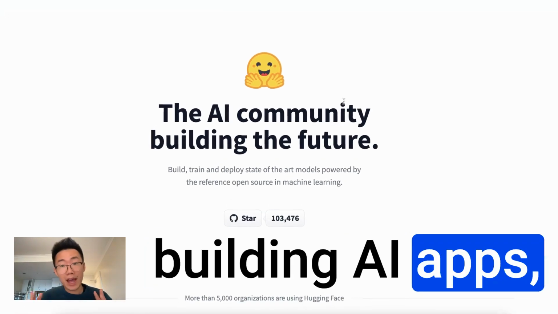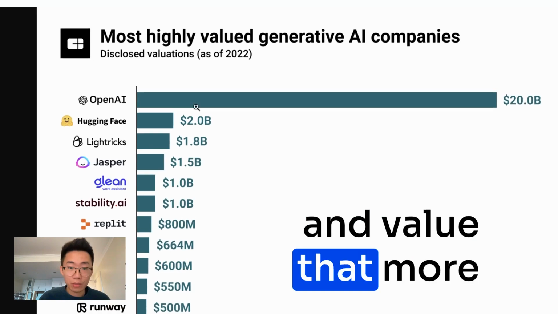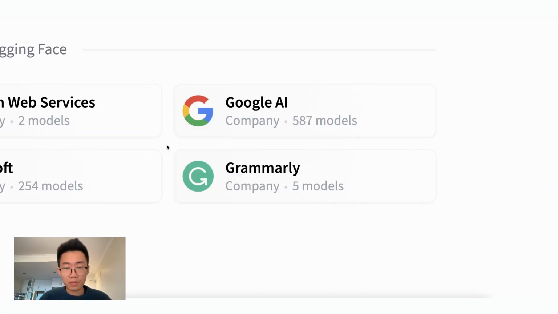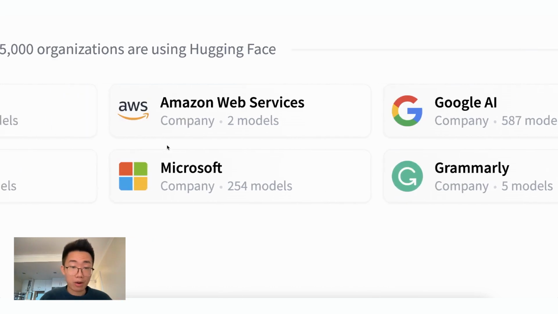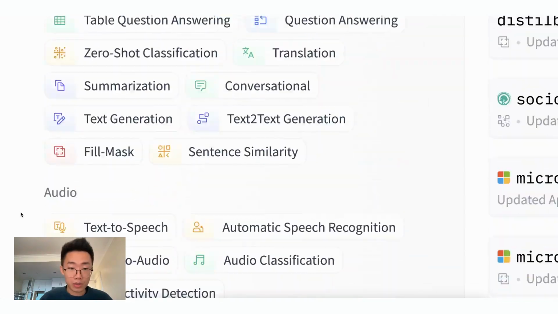If you are building AI apps, you have to learn how to use Hugging Face. It is one of the top AI companies valued at more than $2 billion. It has more than 16,000 followers on GitHub. Its product is used by Google, Amazon, Microsoft, and Meta, with more than 200,000 different types of AI models, including